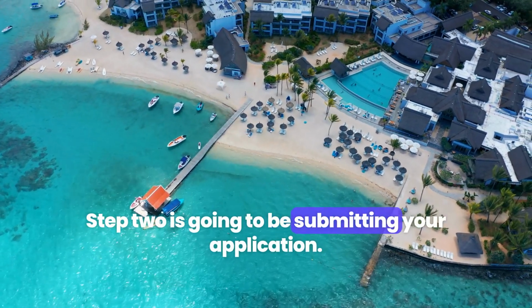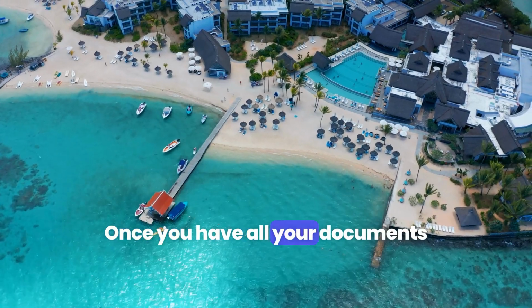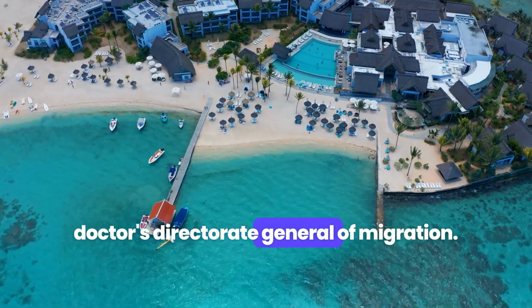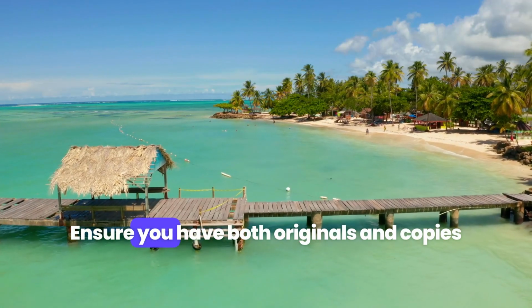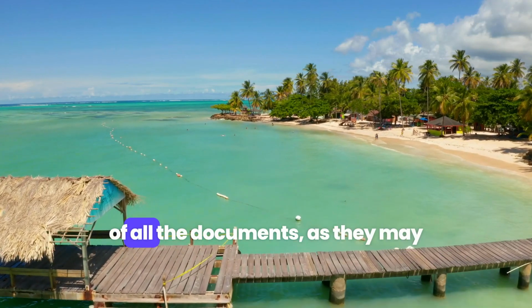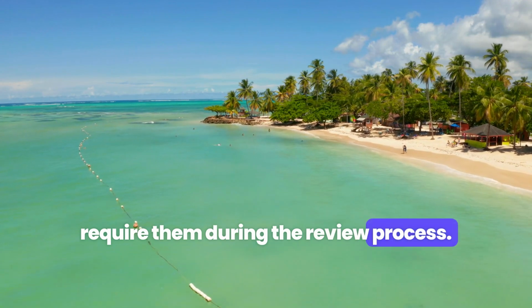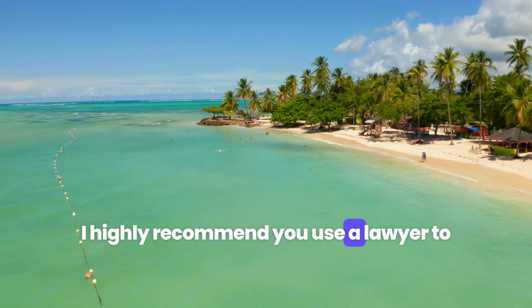Step two is going to be submitting your application. Once you have all your documents ready, submit your application to the DR's Directorate General of Migration. Ensure you have both originals and copies of all the documents, as they may require them during the review process. I highly recommend you use a lawyer